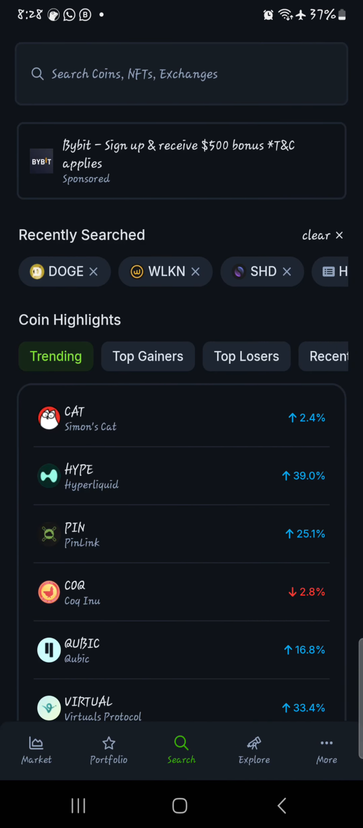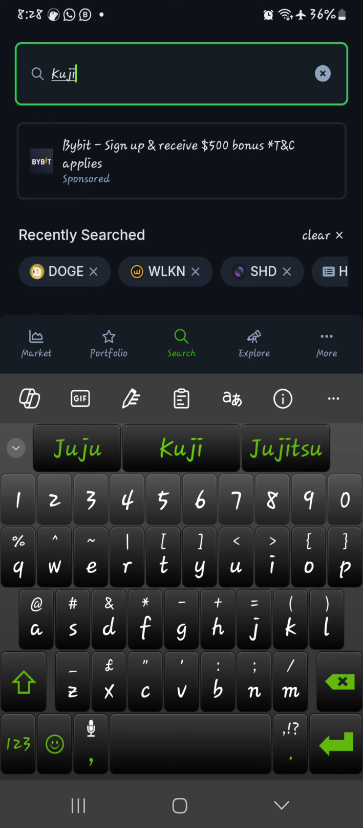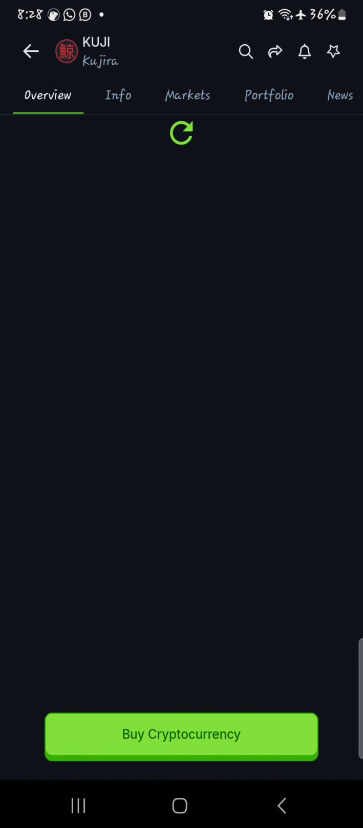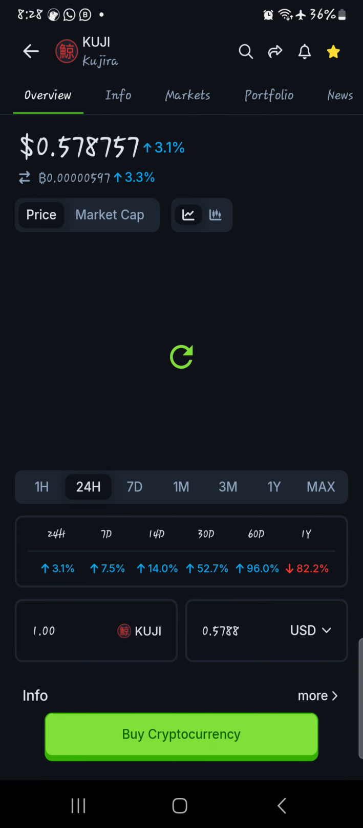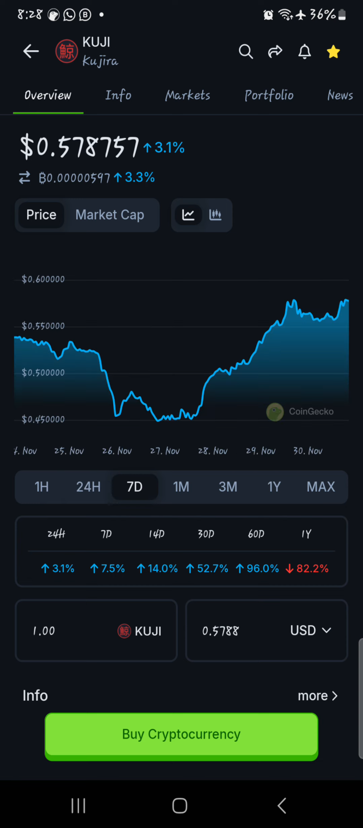Kuji. That's a project I love. It's on the Cosmos ecosystem. Right. So Kuji opens up. What's the first thing I do? Here. So on the 24-hour it's looking green. 7 days, okay, it's higher than where it started, but there was a dip,